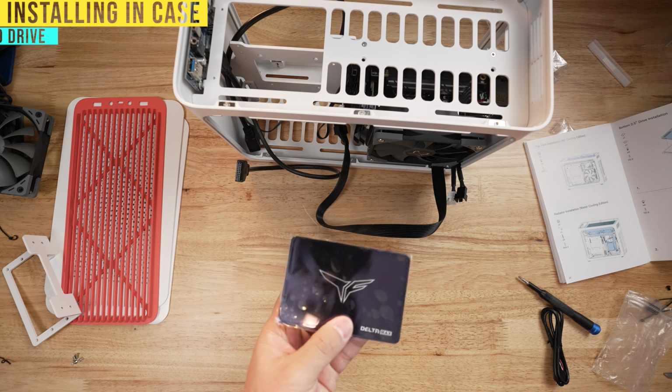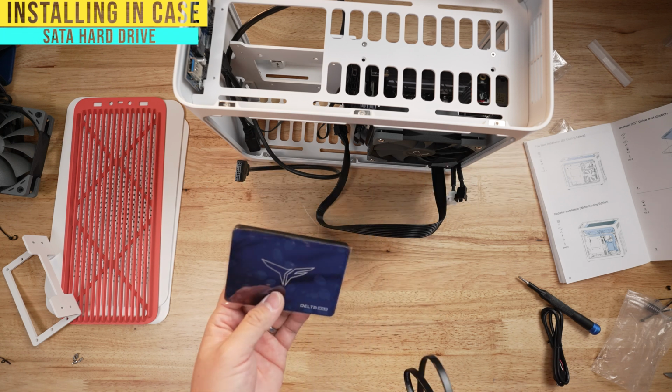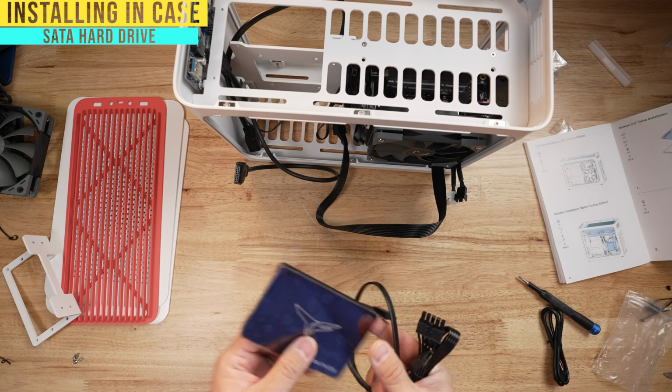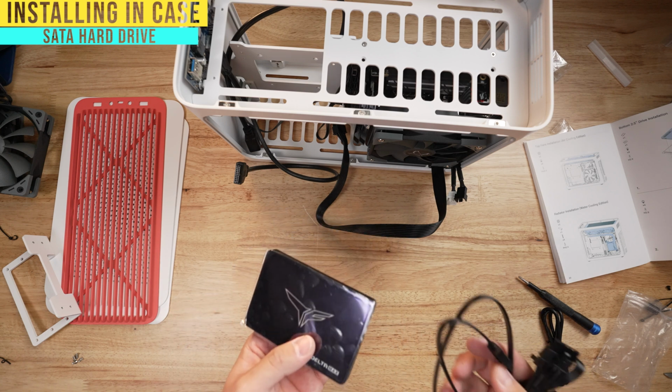So remember how I said I was gonna show you guys how to put an M.2 drive in case you don't want to pick up an NVMe drive? Well, I found out that this is an RGB face, and it's much too pretty to just be sitting down here in a cold attic where my golf simulator is. So I'm gonna put this in another drive or another build, but true to my word, I'm gonna show you